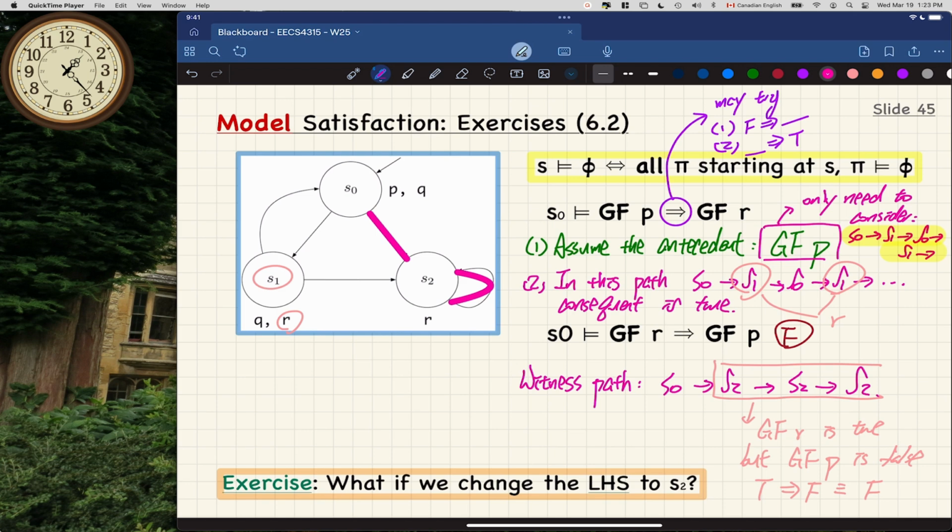All right, guys, any question? John? If they get much more complex, then we can move the path into each of them, right? So like S0 satisfies GF R and S0 satisfies GF P. Like if they get much more complicated on either of the sides. Say it again. Are you talking still about the same property here? It doesn't matter, but as they get really complicated, we can then move them into either sides of the implication, right? S0 satisfies left and S0 satisfies right. Yeah, exactly. So here I'm just trying to go a little bit more like a shortcut, right? So there are different ways for you to prove logically. So in the exam, we'll definitely judge to see how valid your argument is. Yeah, for sure.